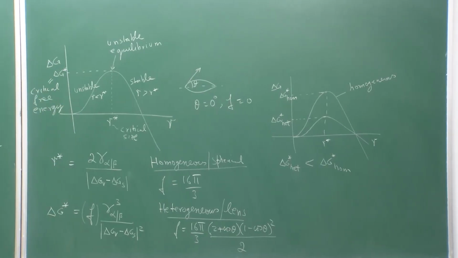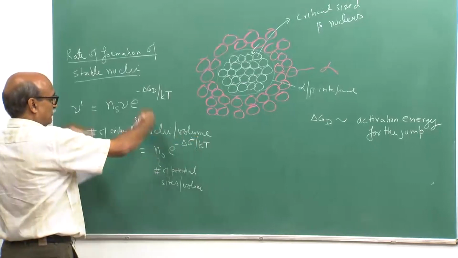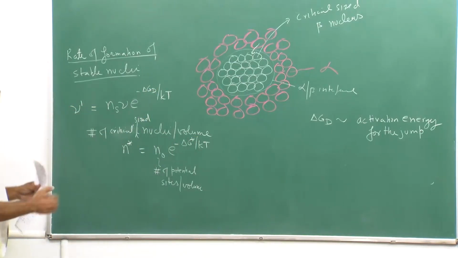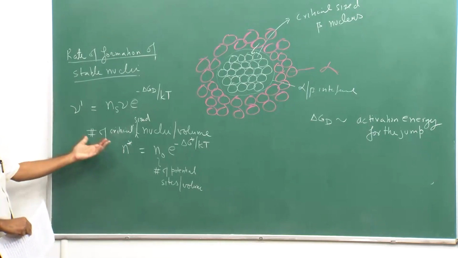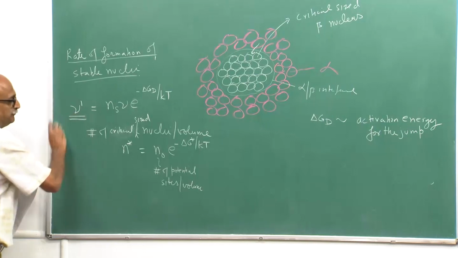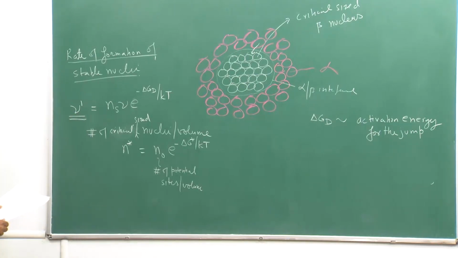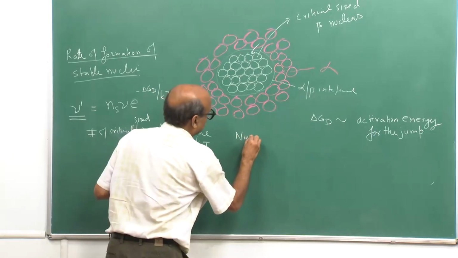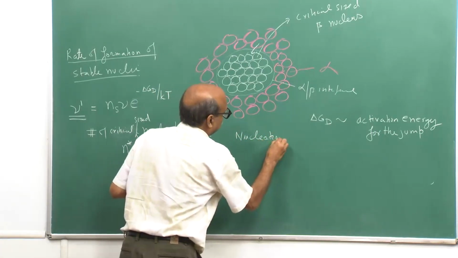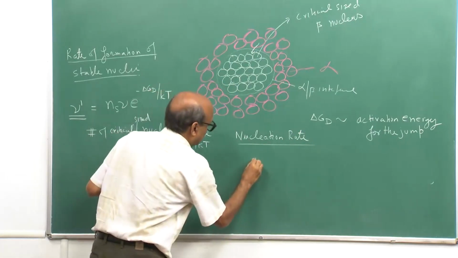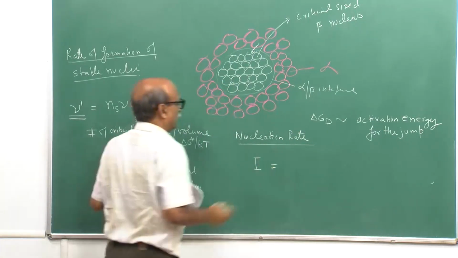So, not all of these critical size nuclei will form stable nuclei. At what rate is this going to happen? This is going to happen at a rate of nu prime, and hence the nucleation rate I will call with the symbol I,